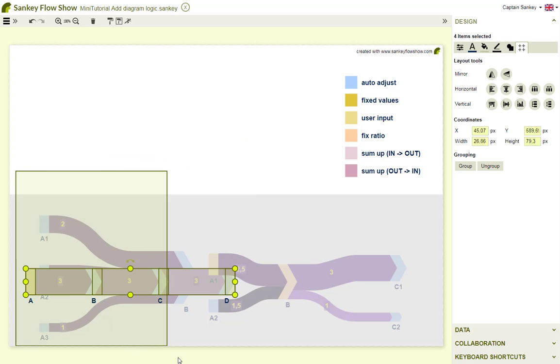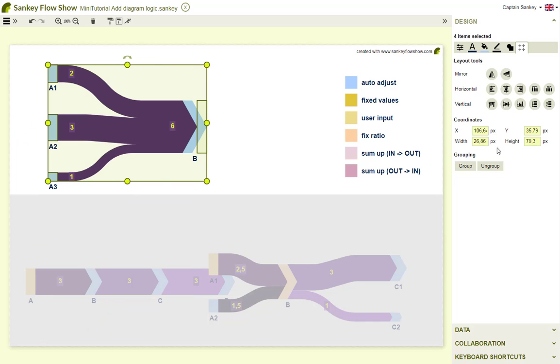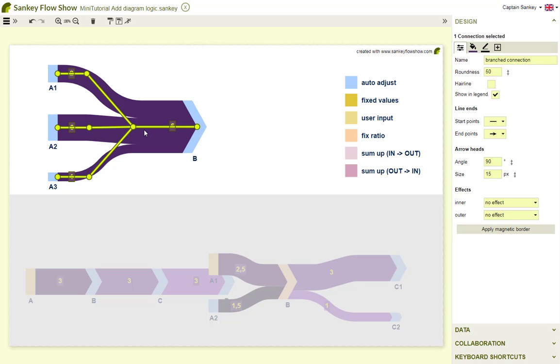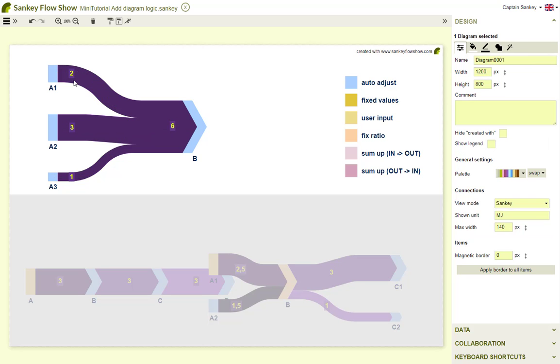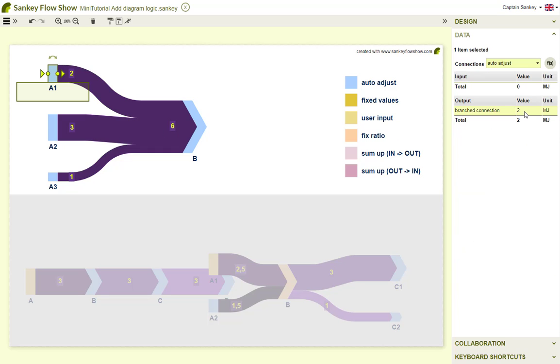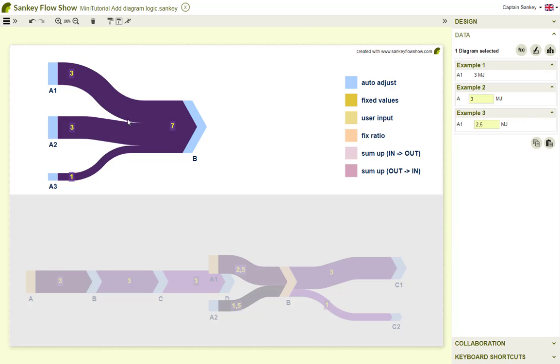First, let us have a closer look at the standard behavior of Sankey Flow Show. We have a branch connection in this example. The values of the branches are automatically summed up to the value of the trunk. When we change the value of item A1, then we see the value of the trunk is automatically calculated and it changed now to 7. Maybe you noticed that the width of the trunk did not change, but all the other lines became a little